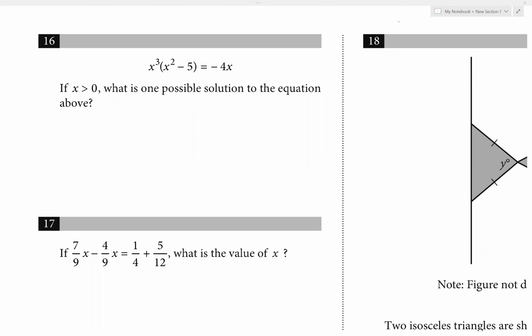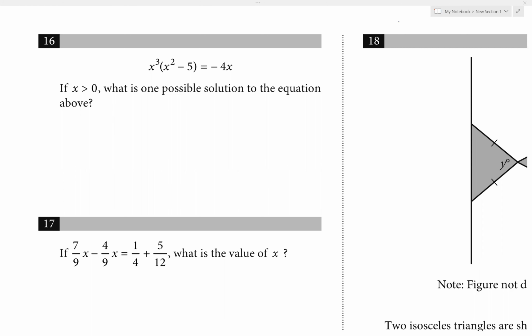Right, number 16. We have x cubed times (x squared minus 5) equal to negative 4x. If x is greater than 0, what is one possible solution to the equation above? All right. So first, if we're going to solve this algebraically, what we can do